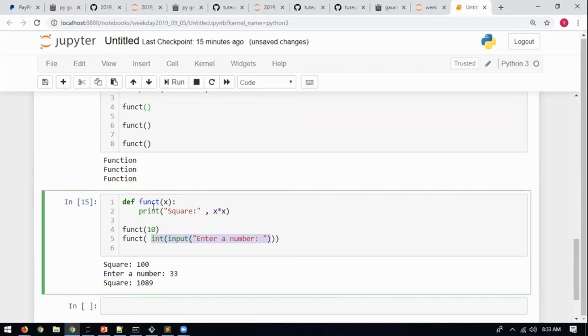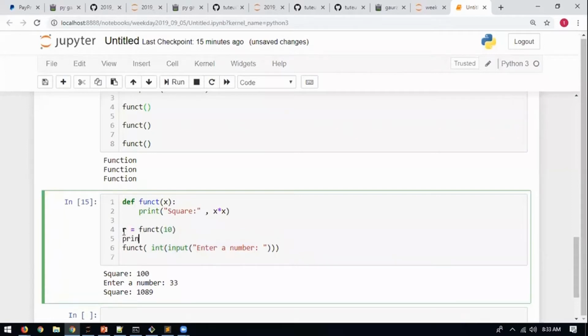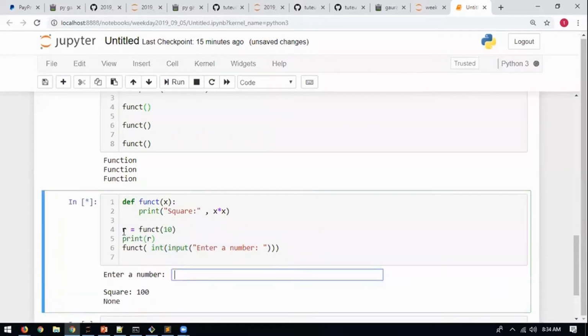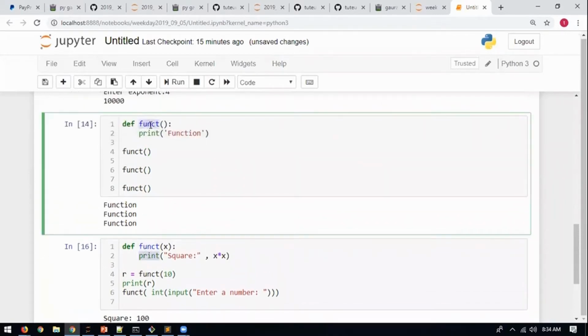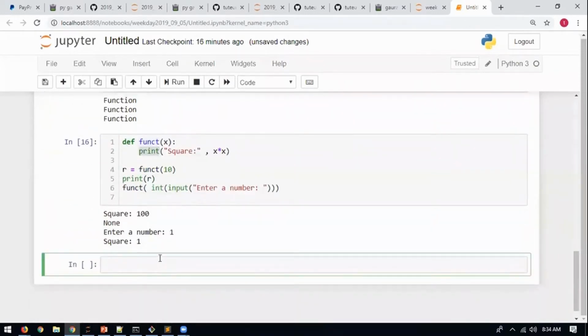It prints. Okay. If I go in this line and I write r equals to this thing and I say there print bracket r and I run it now, it prints none there for r. None means, remember none means empty. So whenever you use a function which doesn't give back any result, it gives back by default what? None. In this function, is it giving anything? No. So it gives back what? None. This function will also give back what? None. If you somehow want to return a result, you have to use something called as a return keyword.